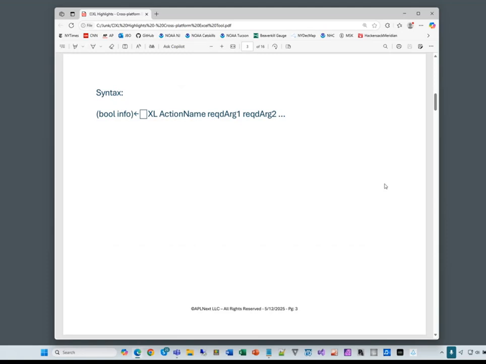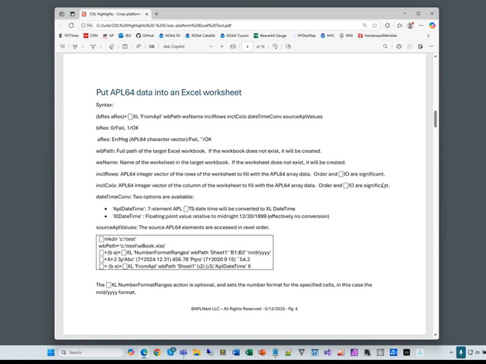The other half of the syntax is also quite simple. On the right hand side, there's Quad Excel, then the action name. That's a piece of text, so you can put it in quotes. It could be an APL string, or it could be a variable containing that text. And then there are the arguments. So the entire right-hand argument of Quad Excel is a vector. Depending on the action, that is what's going to determine the required arguments. Okay, so let's get into